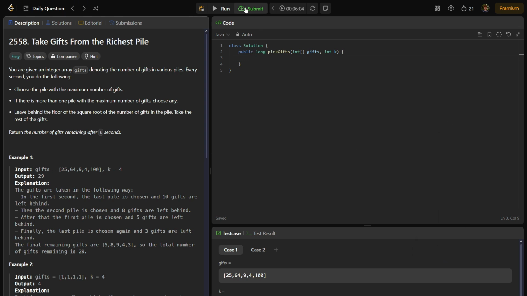First thing we want to do is take note that we want to return a long. We want to return a long because it is going to be a very big number, potentially. So we have to take that into consideration. First thing we're going to do is initiate our priority queue, or our maximum heap. So we're going to have a priority queue. This is always the hardest thing to spell. It's going to store integers. And then we're going to call it our max heap, because that's the format we want. It's a new priority